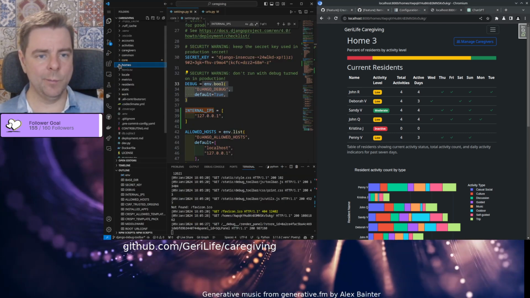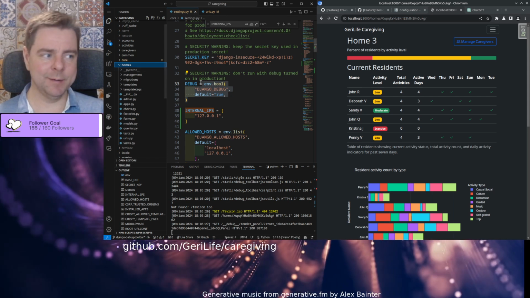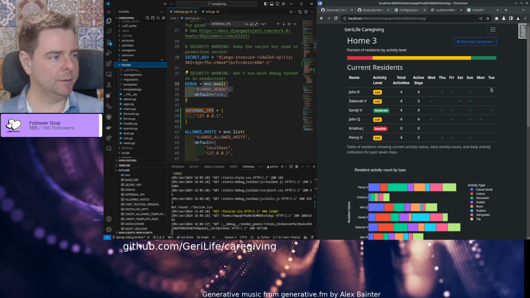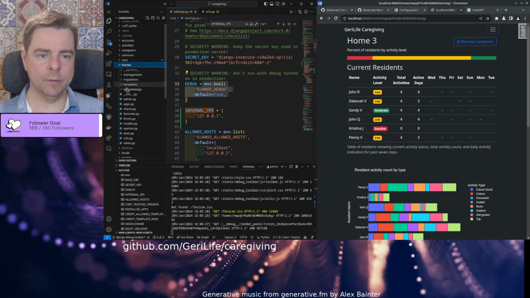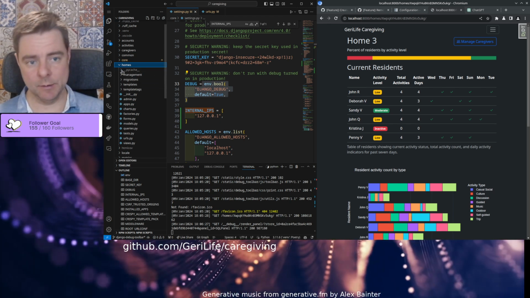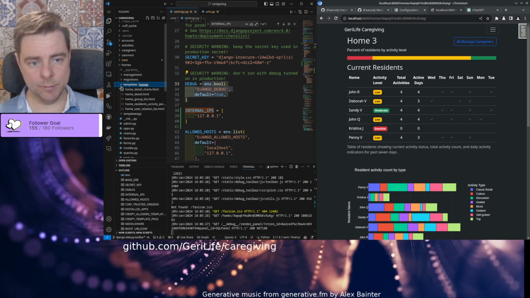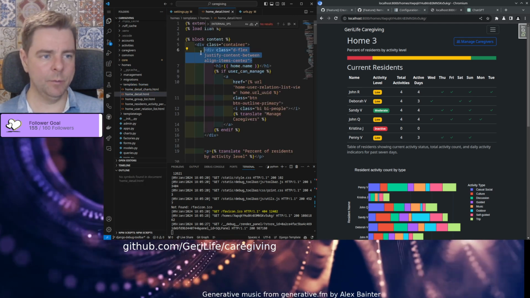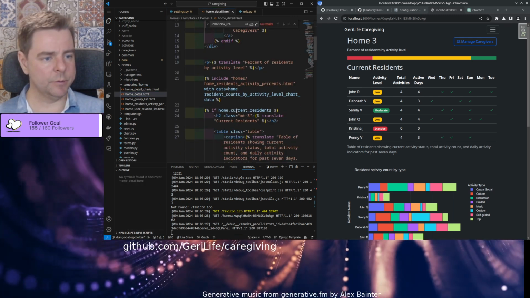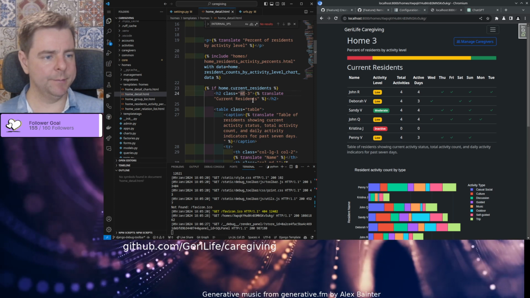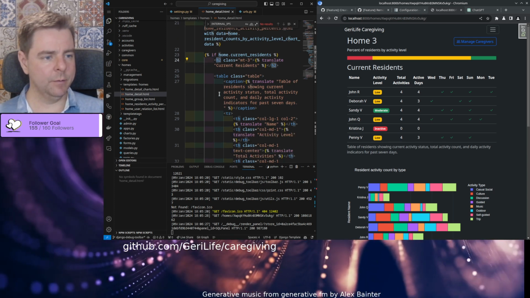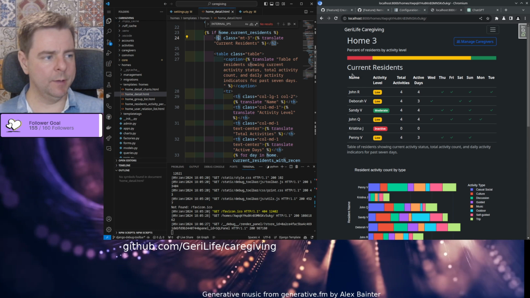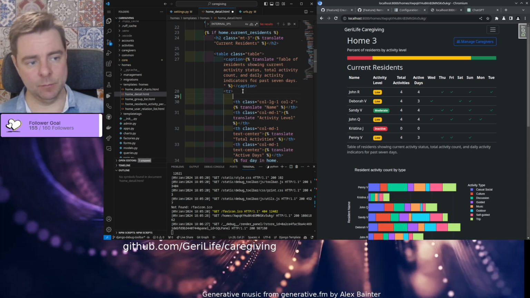So basically on the home page, I have residents, and we need a button here to view the resident. Essentially, if you click anywhere in that row, it should more or less take you to that resident page. So home, template, home detail has a table here. So we have a little chart up there, and then here are our current residents, and we have the name column, and to the left of the name column